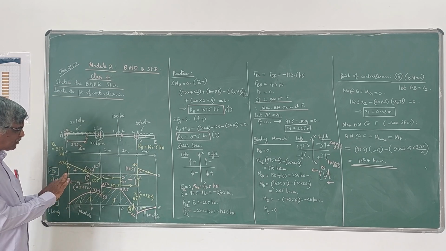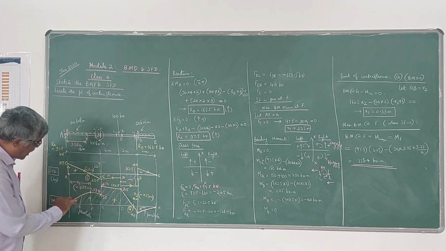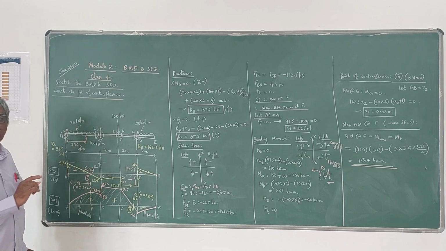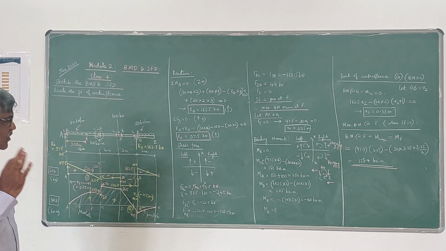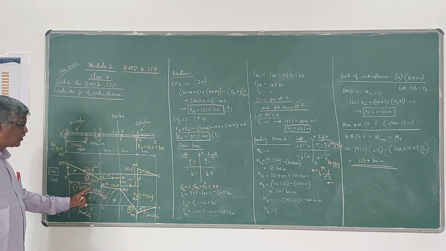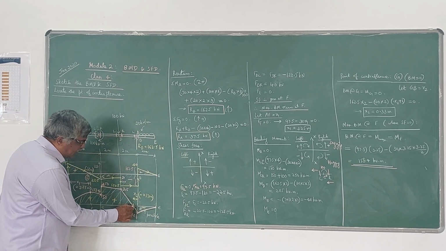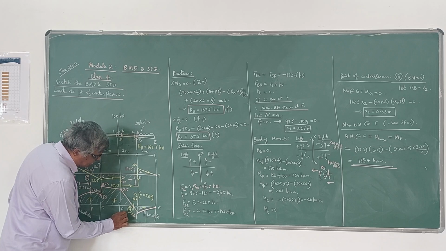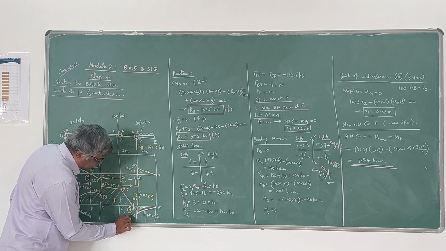You need not worry about the exact sketch, you just write a smooth curve, right there it is a parabola, it need not be to scale. So that is about finding the maximum bending moment, where shear force is 0. Another point is, this bending moment is 0 at this point G, you can see that.